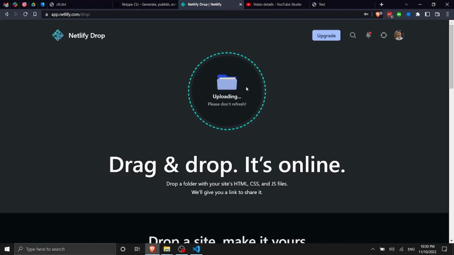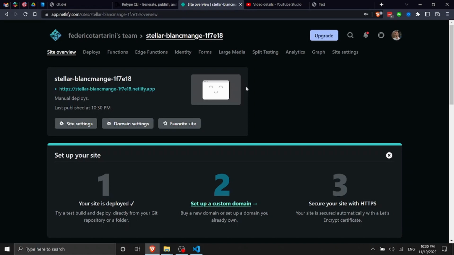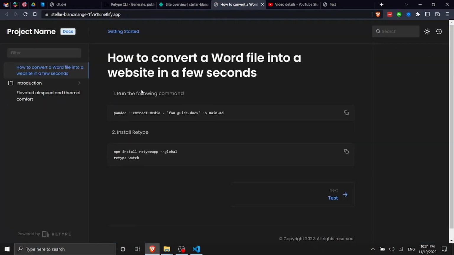Of course, later on, if you don't want to do that manually every time, you can have a GitHub action, you can configure the Netlify client on your local computer, and a lot of other things that are going to make this process simpler. But right now, we have our website up and running in almost no time from a Microsoft Doc or a Google Doc. You can get a Google Doc, save it as a Microsoft Doc, and then you can do the same thing, which I really think is a great thing that you have learned today, because you're going to be able to easily create a documentation website in almost no time with a lot of functionalities.